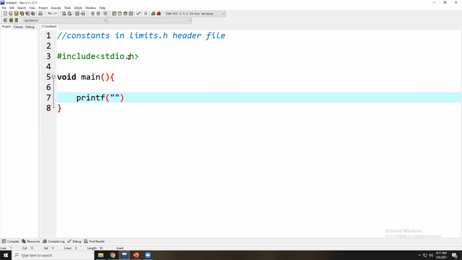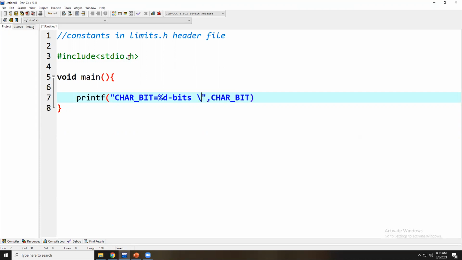printf is an output function, a formatted output function. We are printing one constant first, going one by one. First I try to print CHAR_BIT. It occupies how many bits? 8 bits, %d bits. I write: it occupies 8 bits of memory, right? Comma, I write CHAR_BIT, like 8 bits represents 1 byte of memory. So that's it.